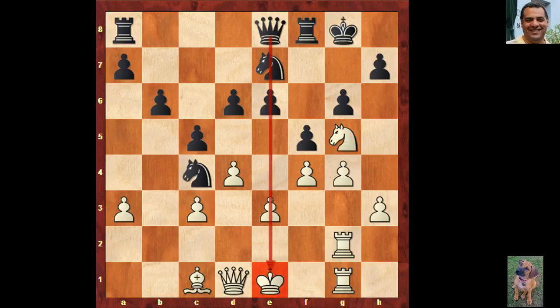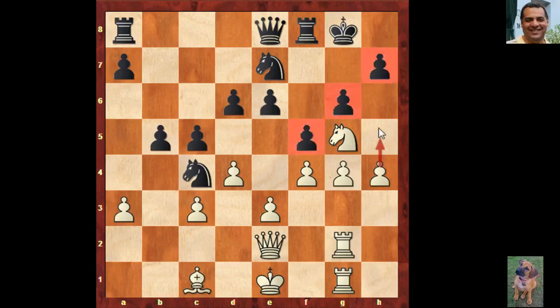This isn't the idea. The idea now, queen e2, looking at the knight, b5. Now h4, looking at this structure, we want to undermine this structure. That's what we really want to do. Break down this pawn chain here. Rook f6, h5, undermining the pawn chain. This is poetry, this game. I can't express it. You know, white is breaking all these rules, but you know, we see beautiful games in